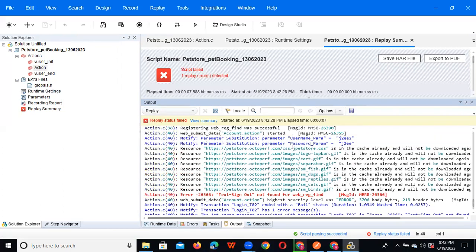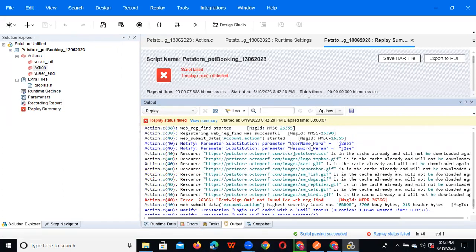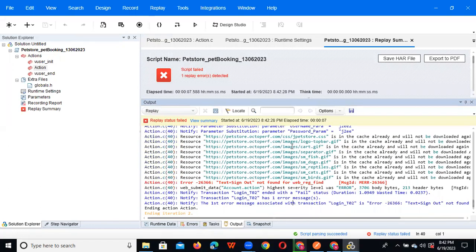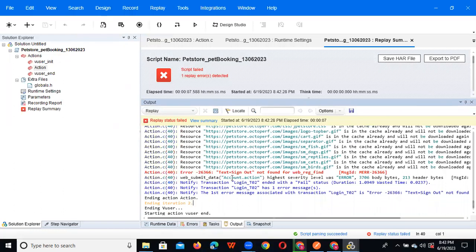Observe, after J2W1, the username and password you entered, and you are going to the page next to the login page. But this text is not there in that page. That is why it is showing the error and your iteration is done here only. So that is why for each and every page you must give